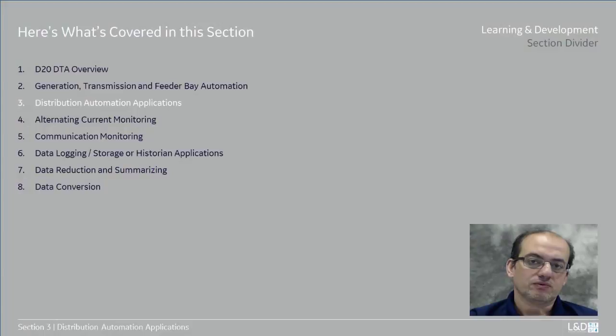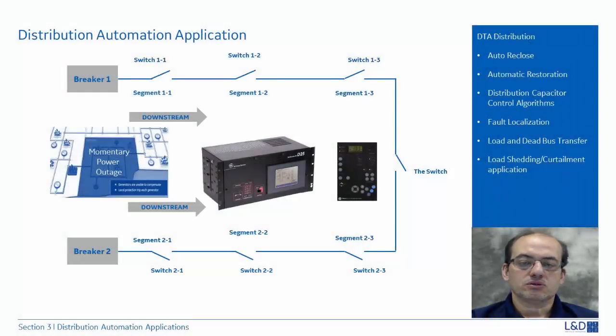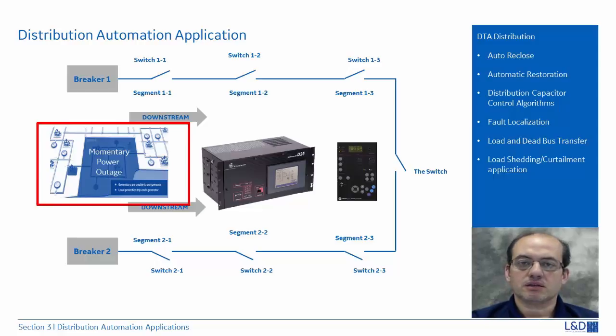In this section, we'll provide you a brief idea of the available applications in the distribution automation sector. For distribution automation, some of the applications, as you can see in the example, will include an auto recloser and automatic restoration when there is an outage out there. How can the intelligent electronic devices figure out how to restore the power? And to do that, they would rely on